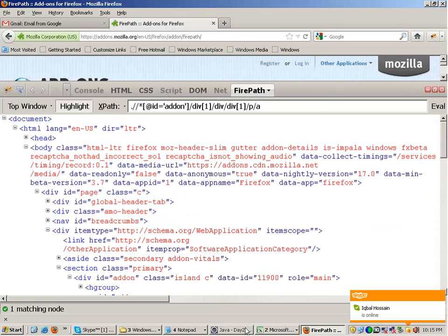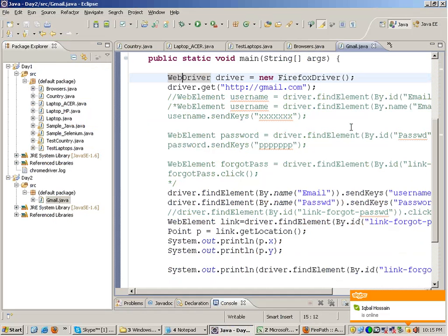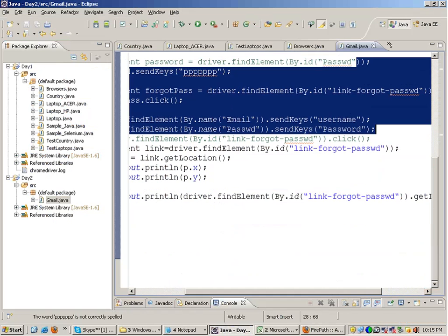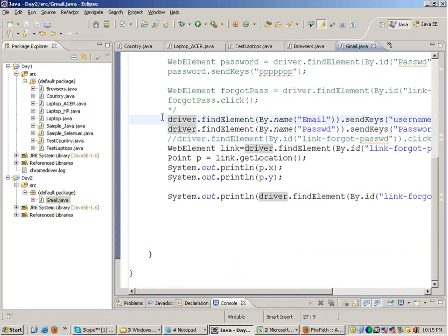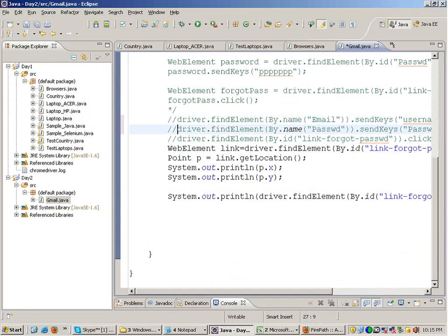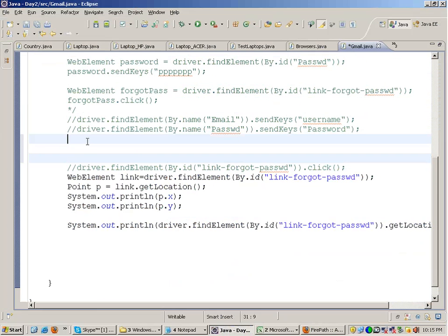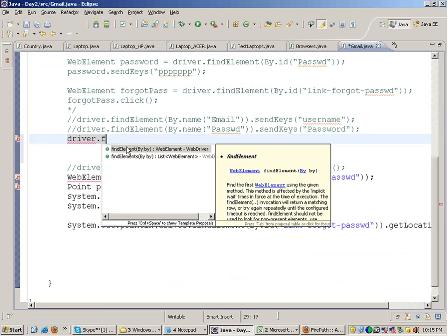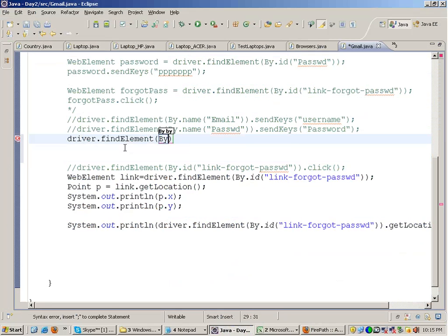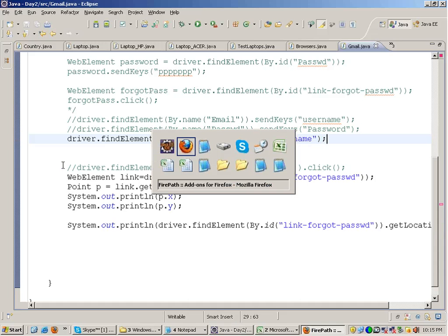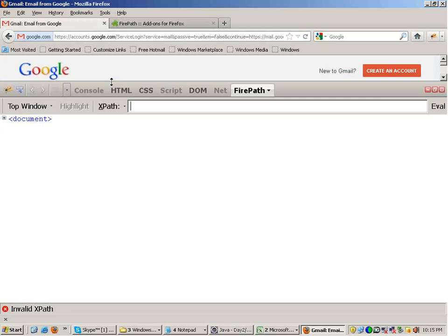Okay, so we can also use XPath to identify our elements. For example, in Gmail now, I'll comment out both the lines, and I can use XPath to write in the username and password fields. So I can write driver dot find element by the XPath, dot send keys, the username which you want to type. An XPath you can get from Firebug